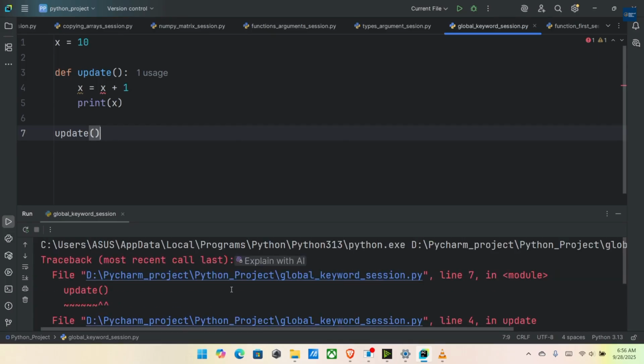We got an error. Why the error? Because Python assumes you are creating a new local variable x, but then you are trying to read its value before it's defined. But to fix it using global,